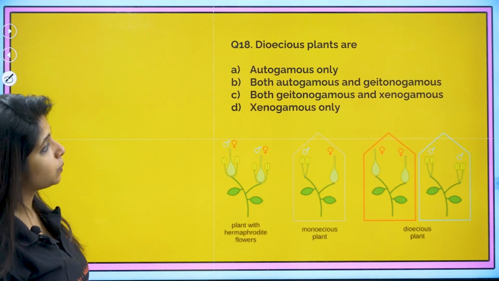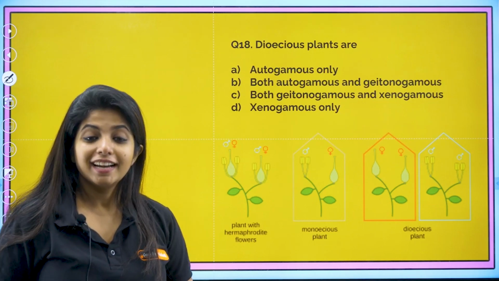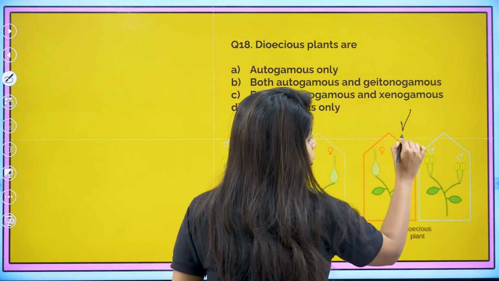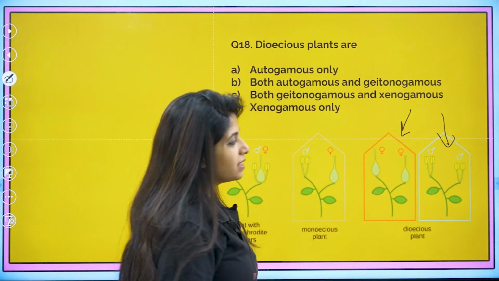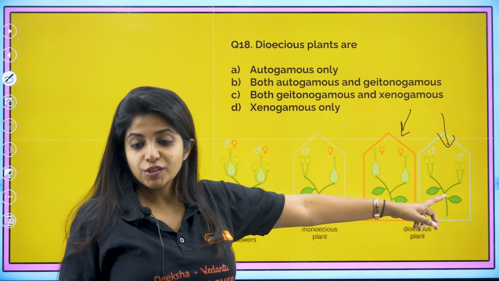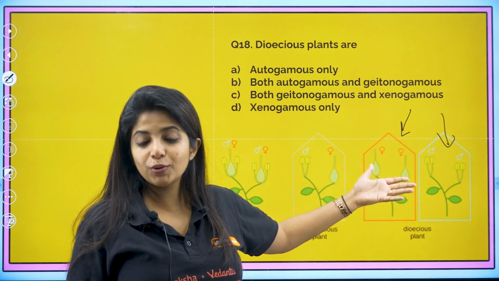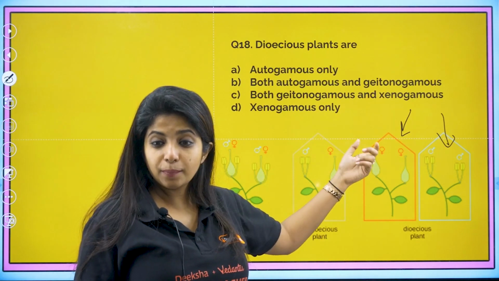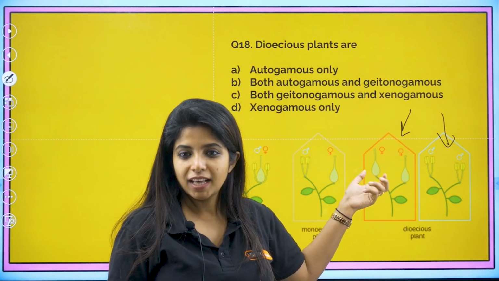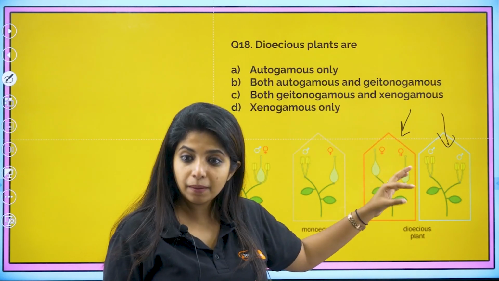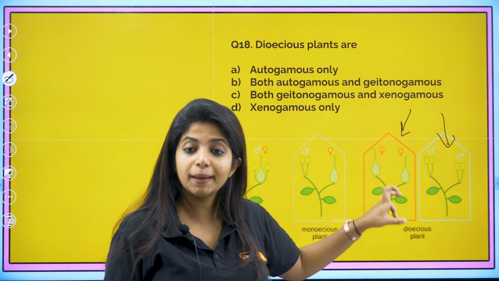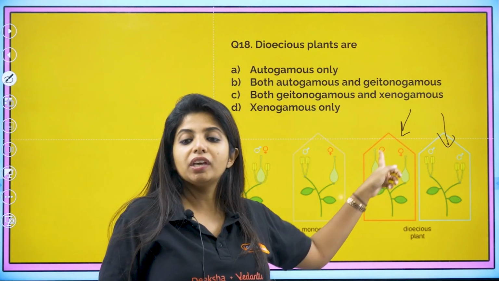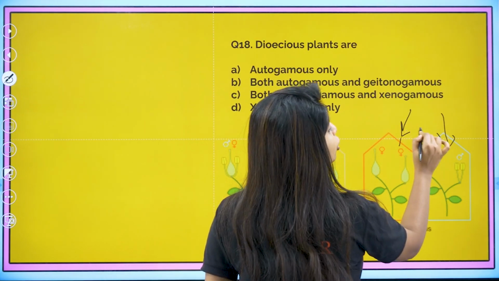Next, what do you mean by dioecious plants? Dioecious plants are the ones which have separate sexes. For example, one plant will be all female, another plant will be all male. These are dioecious plants. So over here, my dear children, what type of pollination do you think would happen? Can autogamy happen? Autogamy means from the male to the female part of the same flower. Geitonogamy is from the male to the female part of two different flowers of the same plant. If the plant does not have the male part itself, then how can geitonogamy happen? So only one thing can happen, that is true cross-pollination.